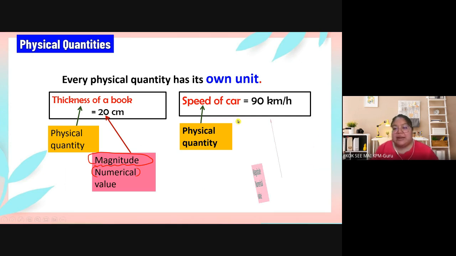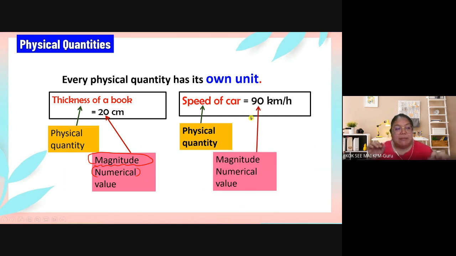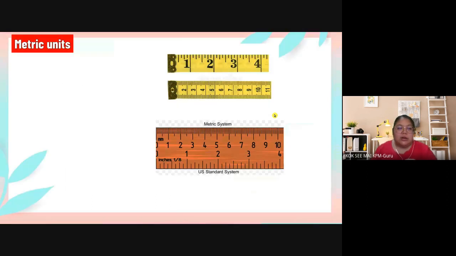Okay, for this one, 90 lah. 90 is a magnitude, numerical value. Okay, how about the behind? cm is unit. Kilometer per hour, also unit. So you must know what is the physical quantities, what is the magnitude, and also what is the unit. Okay, the whole thing. 三样东西是不一样的。